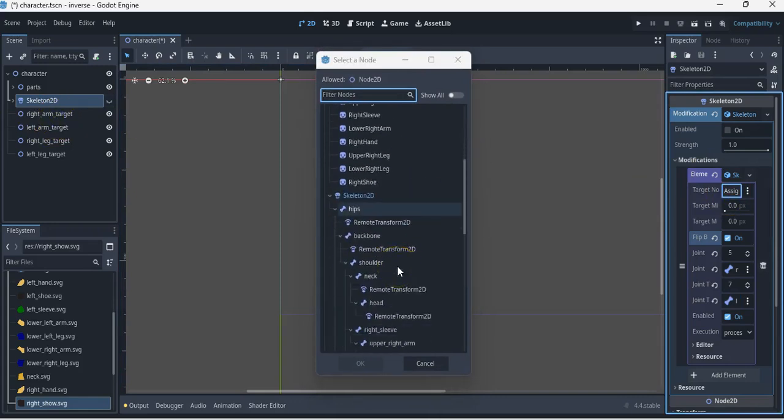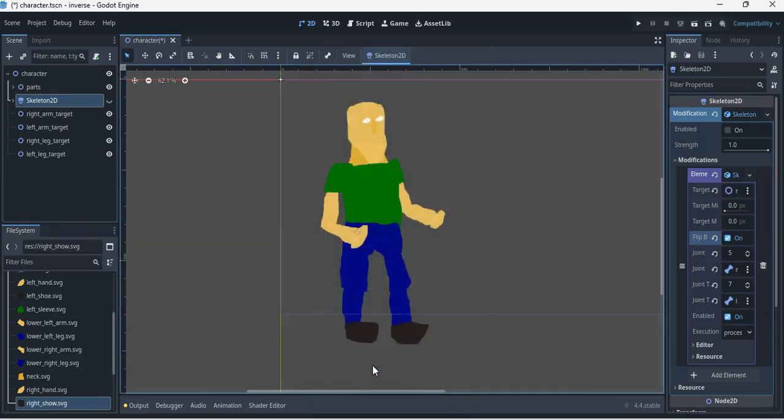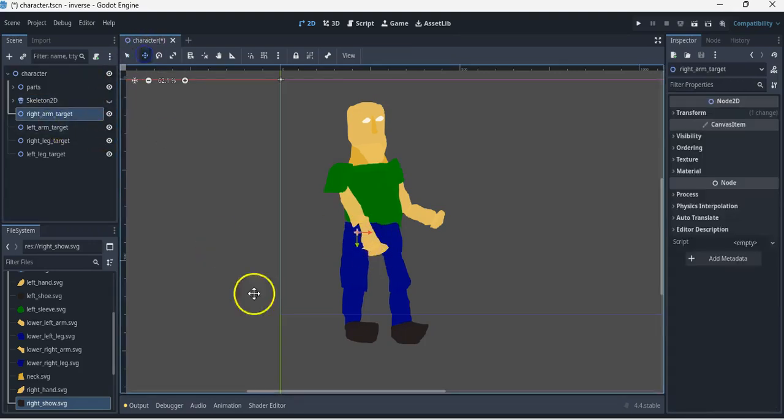And then assign it to follow that right arm target. And then we have to click Enabled. Notice it kind of straightened out. It's trying to follow that spot where it's at. So if we go to that spot and hit Move,